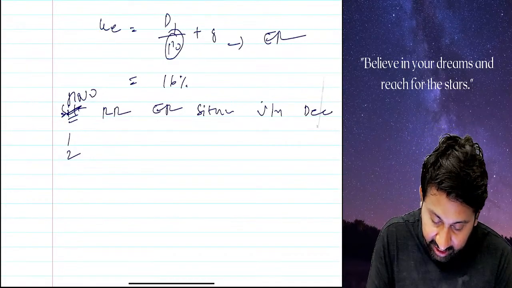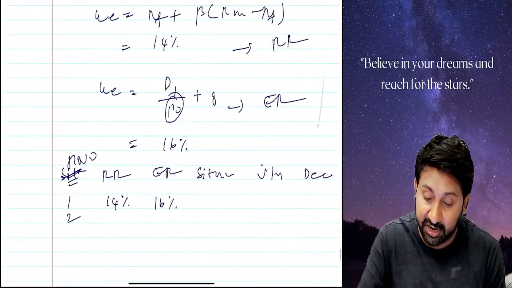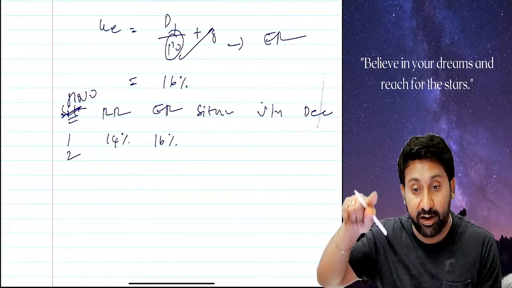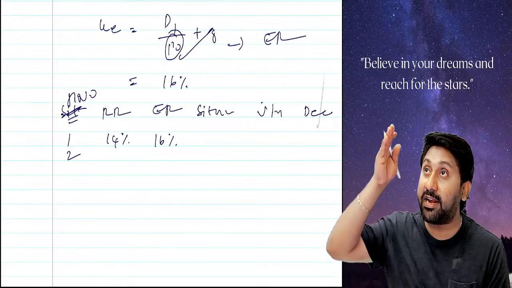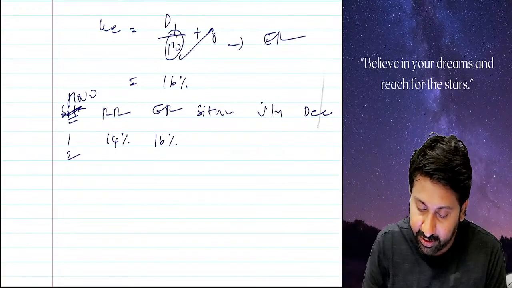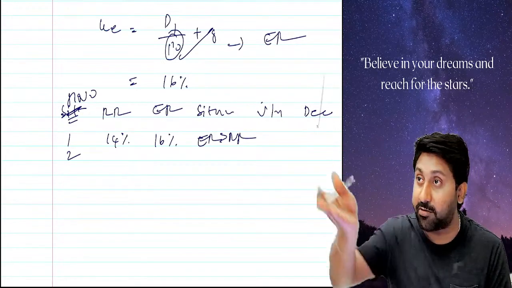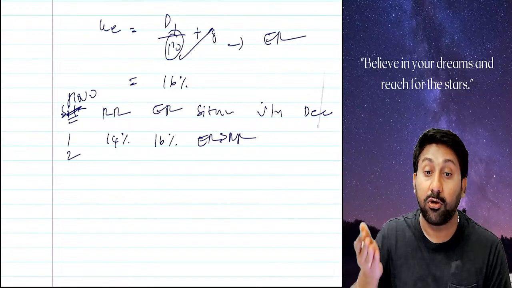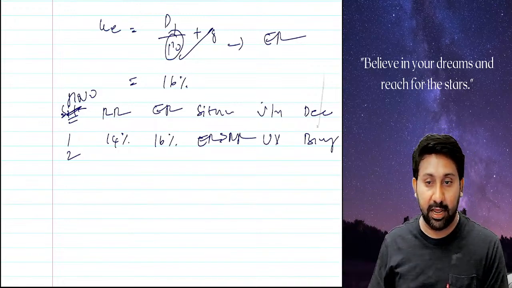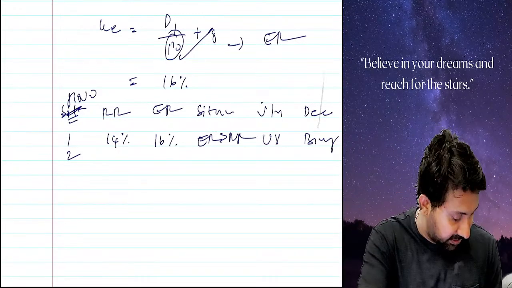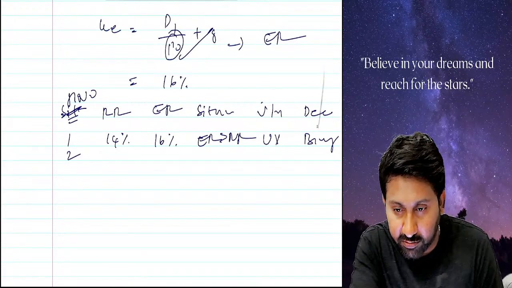RR, we are required to give 14. Market is expecting 16 if I take the price. Simply to tell, market expects 16, we are giving only 14. Situation: ER greater than RR. We are expecting 16, but you are giving only 14 to us. What does it mean? You are not giving what we are expecting. We will undervalue the stock. Decision is to buy. Like this also questions can come. This is on the basis of undervaluation and overvaluation of these stocks. So up to here, has everyone understood the concept clearly?